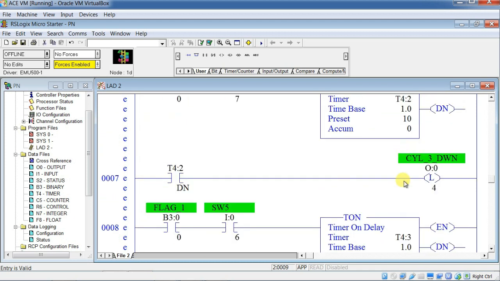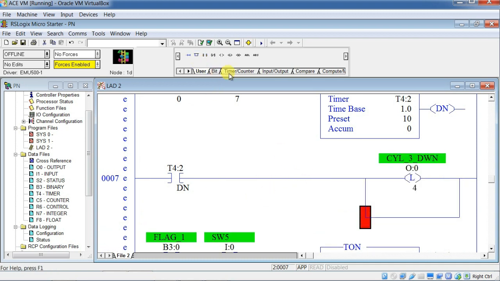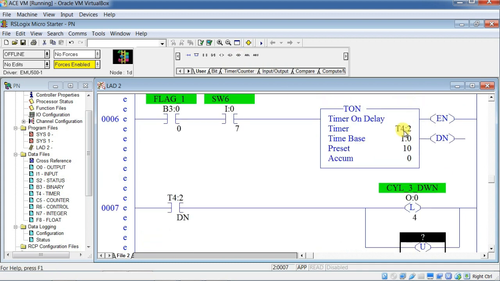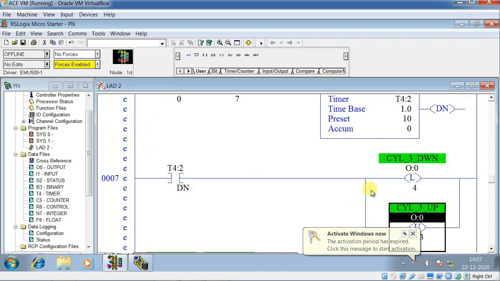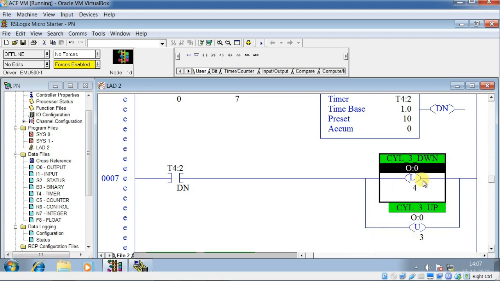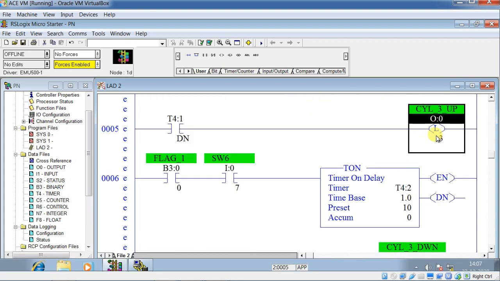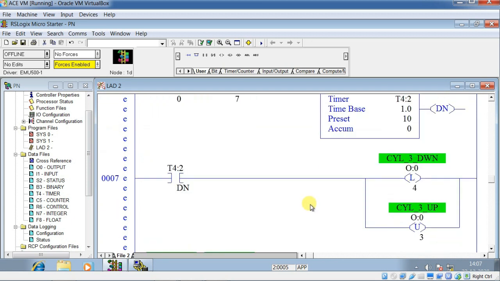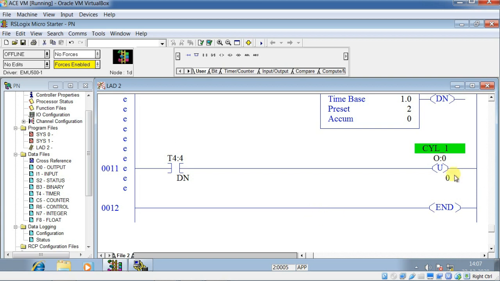Similar thing for this downward. See here I will use the unlatch coil of O:0/3. Done. So when the downward will start, this will unlatch the upwards output. Okay, so this is how we need to create a ladder logic